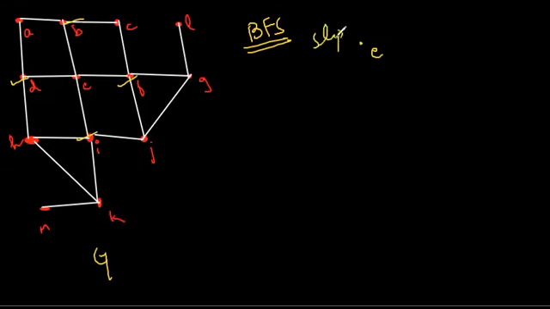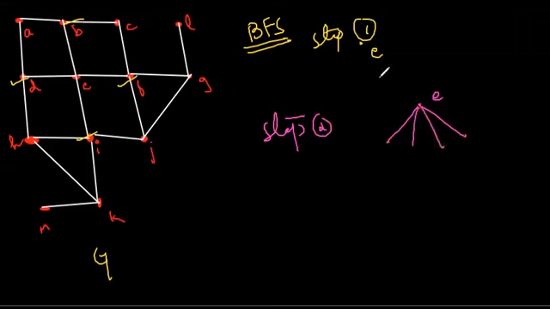So this is your step 1. In step 2, what you have to do is create a level. E will be at level 0, or you can even consider it level 1. In the next step, you will have to add all of these 4: B, D, F, I. These 4 vertices that we have are at level 1. In the textbook they are labeled as level 1, so I'll label it the same.